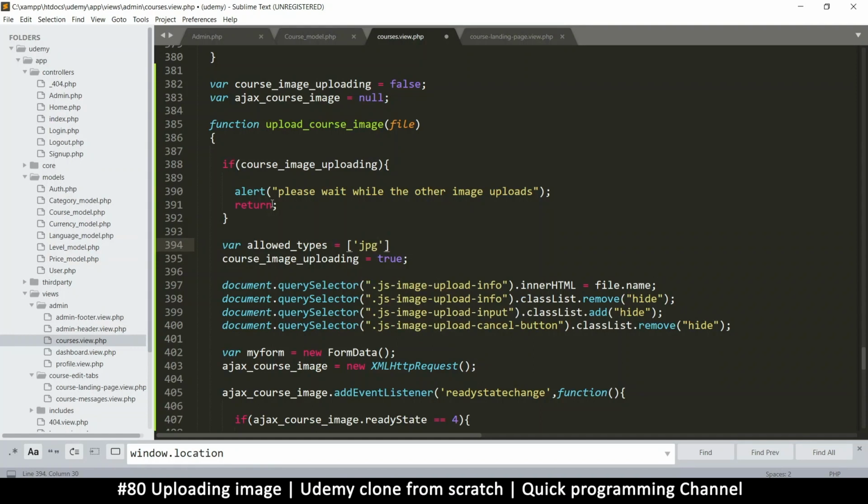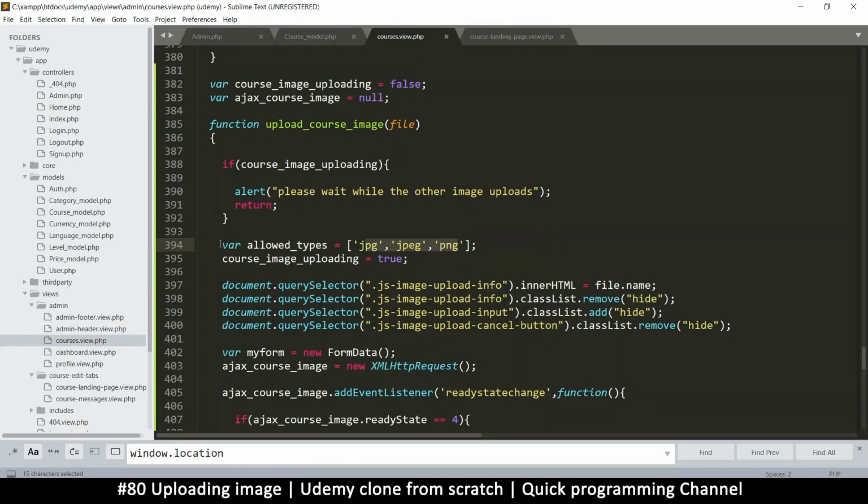We're just looking at the file extension, that's it, which is not a very good way of validating file types because file extensions can be changed quite easily, but it's better than nothing. We are going to still do another type of validation on the other side that will confirm if it's really an image or not. So allowedTypes is that,